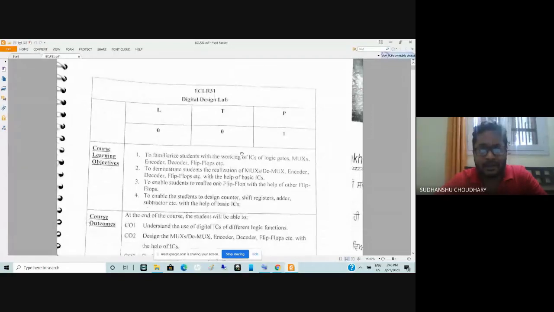Those integrated circuits are normally provided in the lab, and apart from these ICs, you will find that the lab also has a digital trainer board, where these ICs are already inbuilt, and you also have a wish board, or what we call the breadboard. So you can utilize all these components to realize any digital logic function.